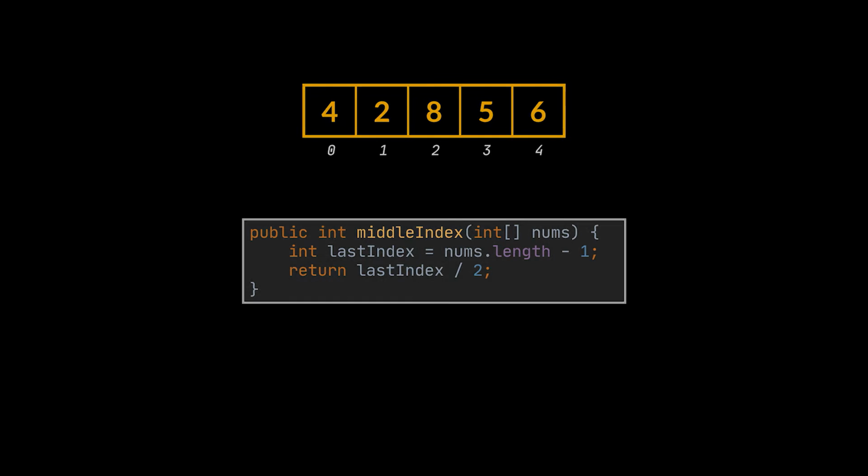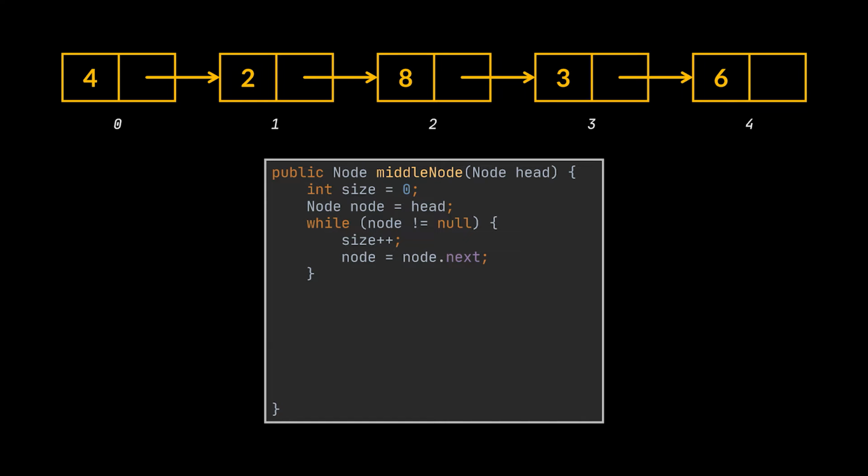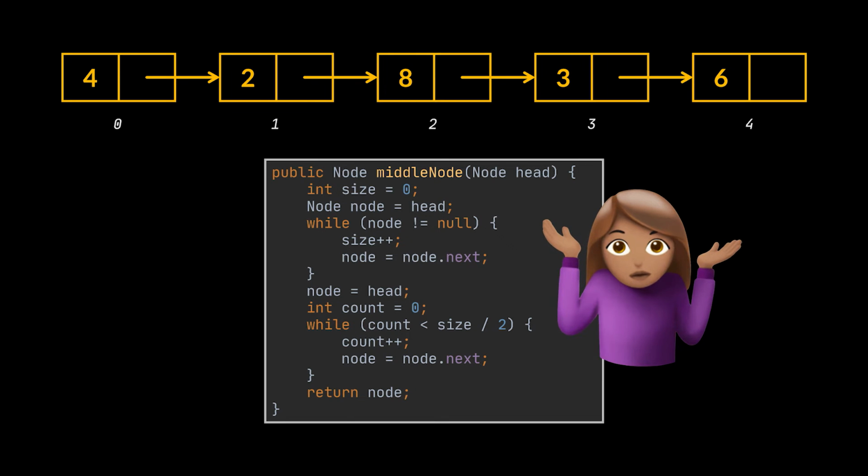However, here we have a linked list, and if we were to take a similar approach to the array, we'll have to iterate over the list once to find the number of elements it contains, or its length, and then we'll need to traverse half of these nodes a second time while stopping at the middle node to return it. This works, but this is not optimal. And before tackling the optimal solution, let's take another example.